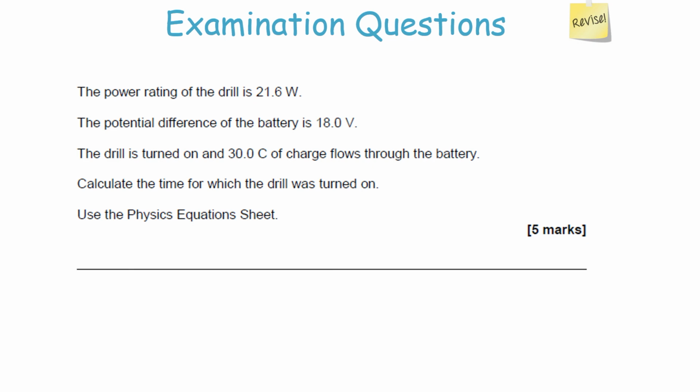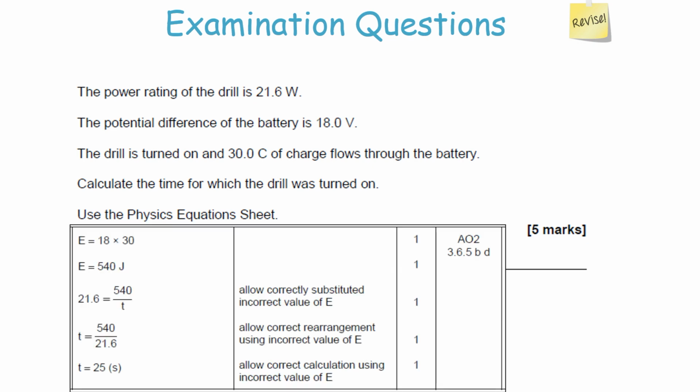Now again, we know it's going to be that equation we're going to pick from the equation sheet because we'll have just worked out energy and we're being given power and we need time. So if we work it all through, energy equals 18, which is the PD, times 30, which is the charge, which is 540 joules. We can then pop that into the equation that energy is equal to power times time, and then say time therefore is energy over the power, so you do 540 over 21.6 equals 25